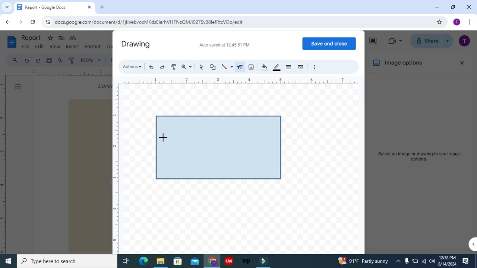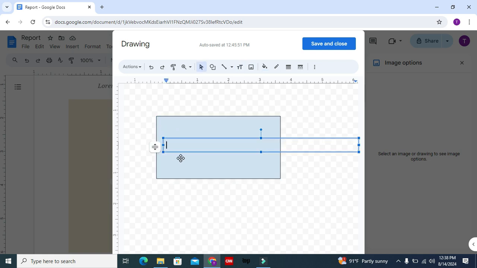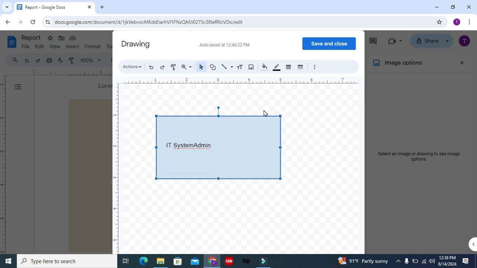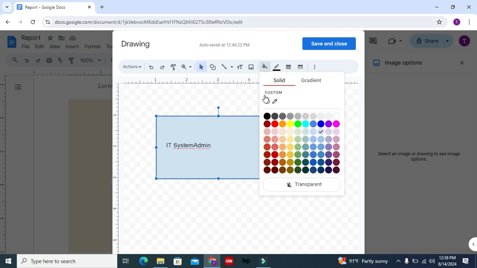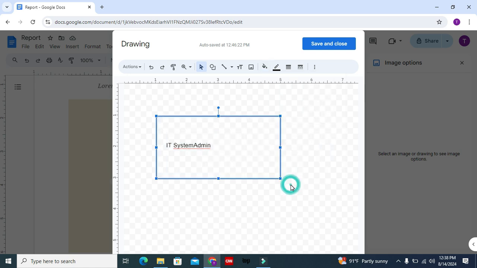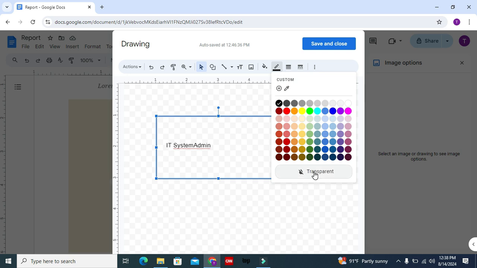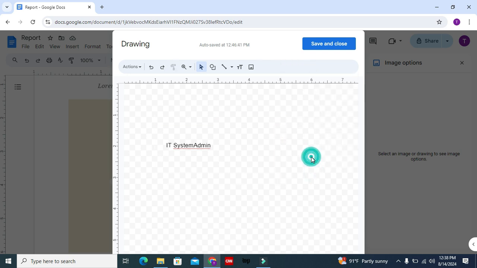Now I can type my text here. Click on the fill color and select transparent, and then click on the border color and select transparent. Now click on save and close,